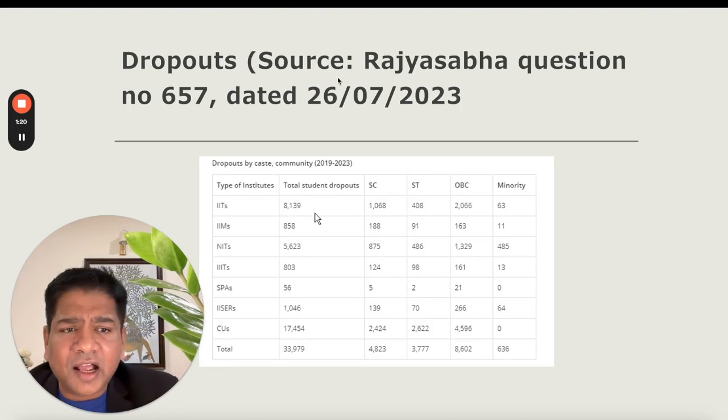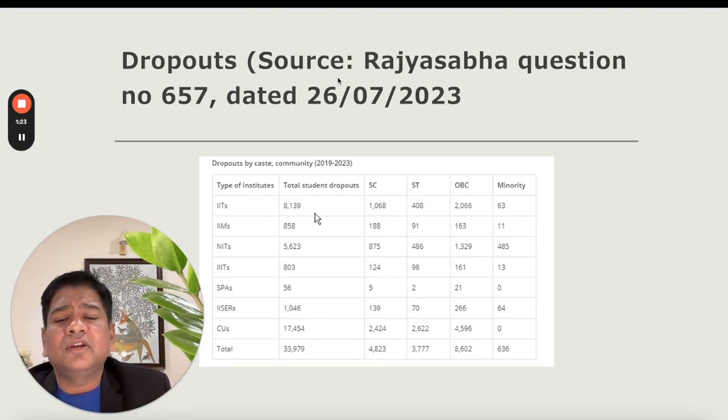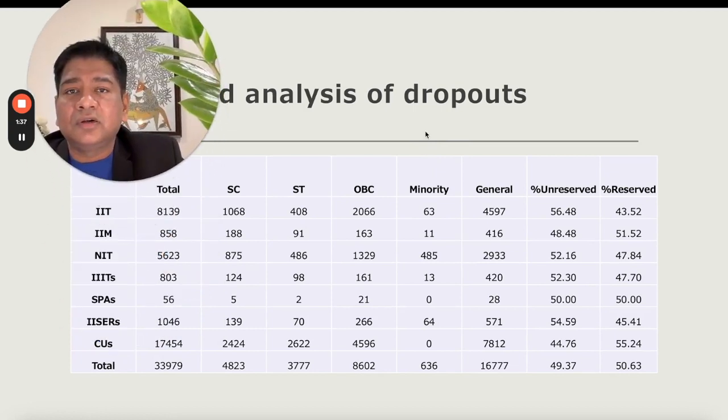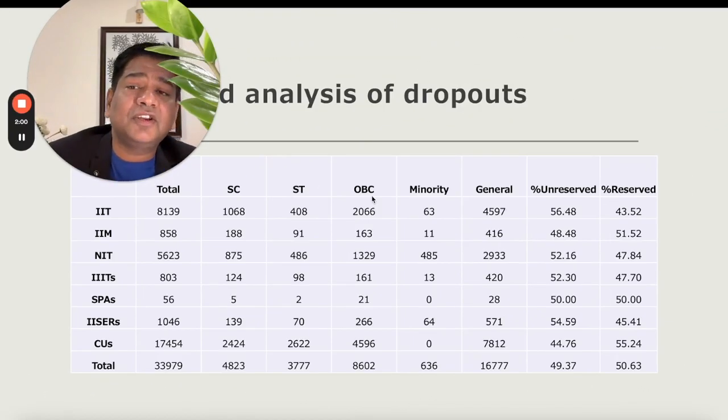But then I examined this data in detail, because this data does not give you the real picture. The first thing I wanted to tell you is that this data does not give you the real picture. So I did some calculations. I took the entire data and calculated the general category. General can be calculated as total minus SC minus ST minus OBC. That gives you the total general candidates. So I calculated the total general candidates who actually dropped out, and then found the percentage of unreserved dropouts and